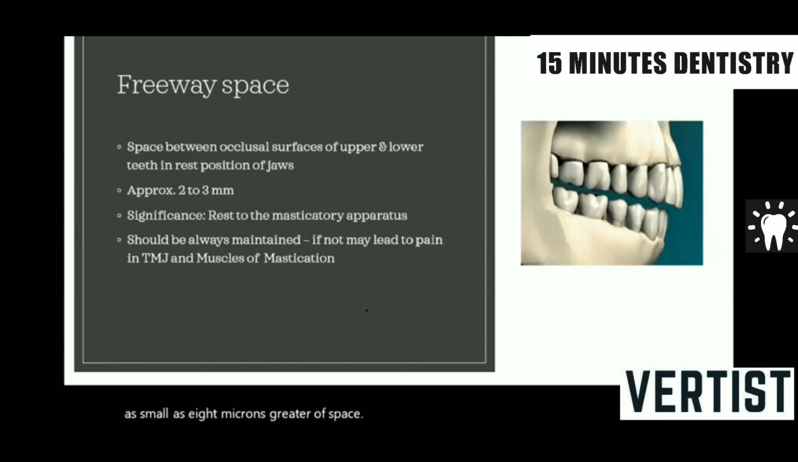Then the last term, which is important here, is the freeway space. Freeway space is the space between the upper and the lower teeth, which usually is approximately 2 to 3 millimeters. It is also called the resting space, and it is very important, because if this space is not provided, the mandibular teeth will always be in contact with the maxillary teeth, and in this way the muscles of mastication will get stressed, resulting in